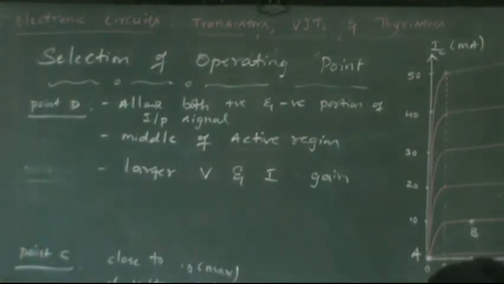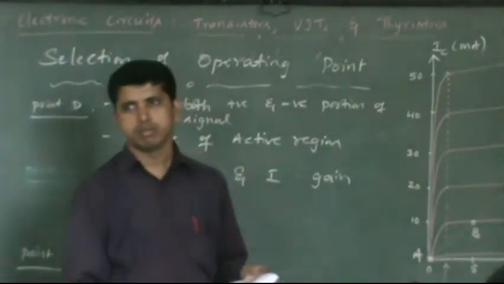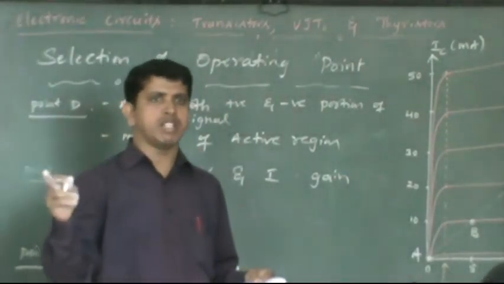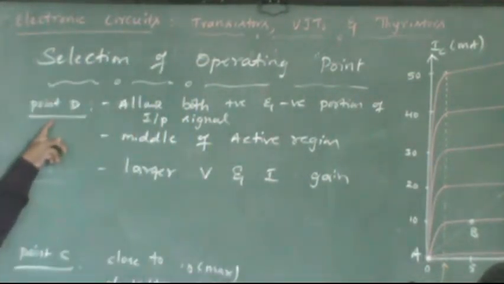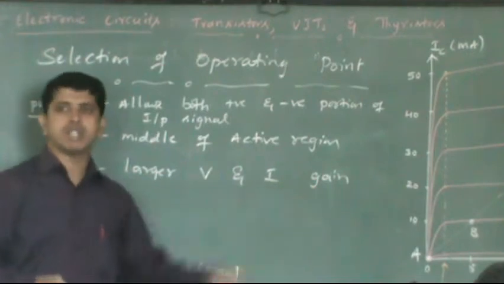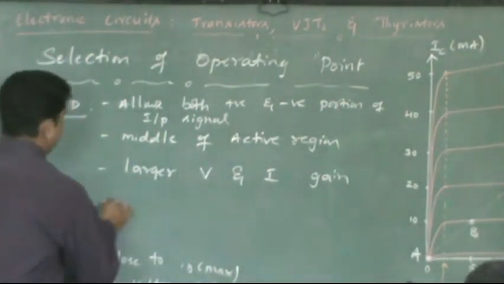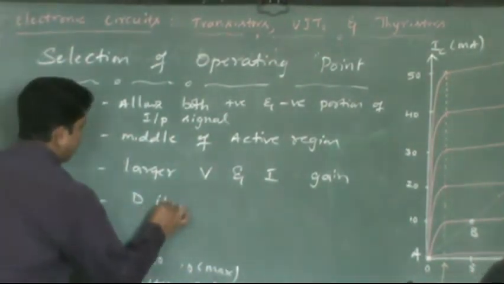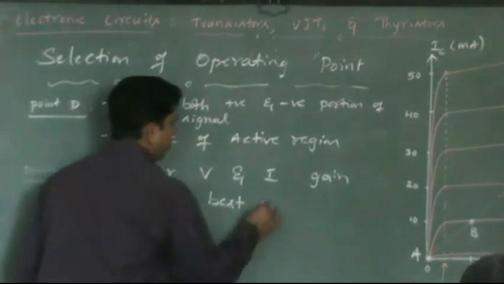Okay. Gain means what? It is the ratio of output voltage by input voltage, if it is the voltage gain. Current gain means it's the ratio of output current by input current. If the gain is large, what do you mean by that? That means output current is obviously larger than the input current. So if you choose this particular D as an operating point, it can provide larger voltage as well as current gains. Okay, that's the advantage for us. So you can see this D is going to be the best or most suitable operating point.